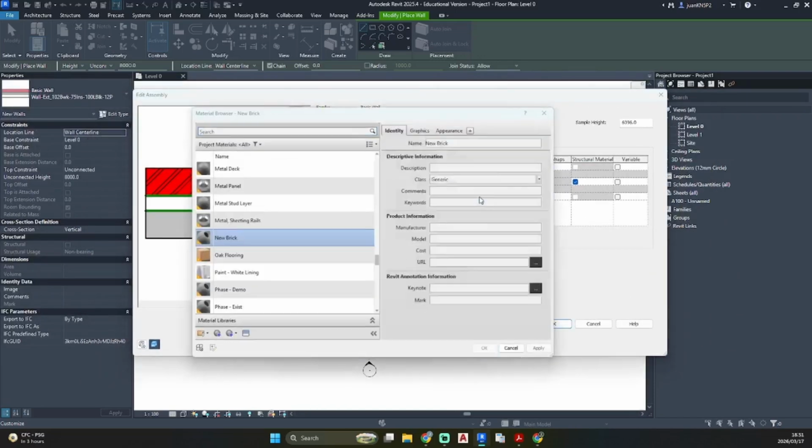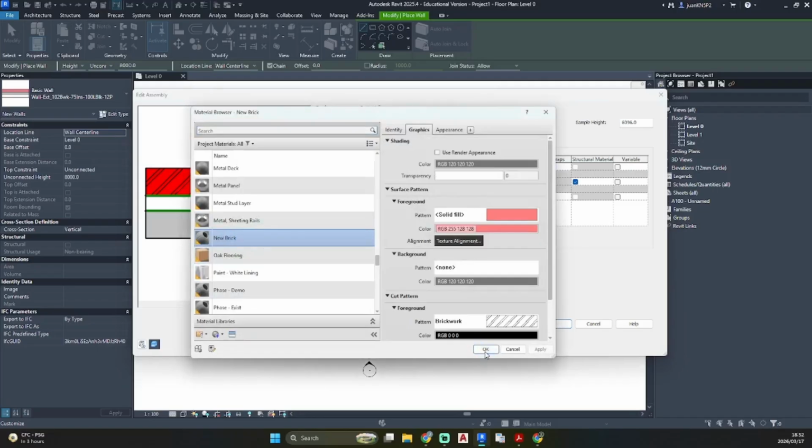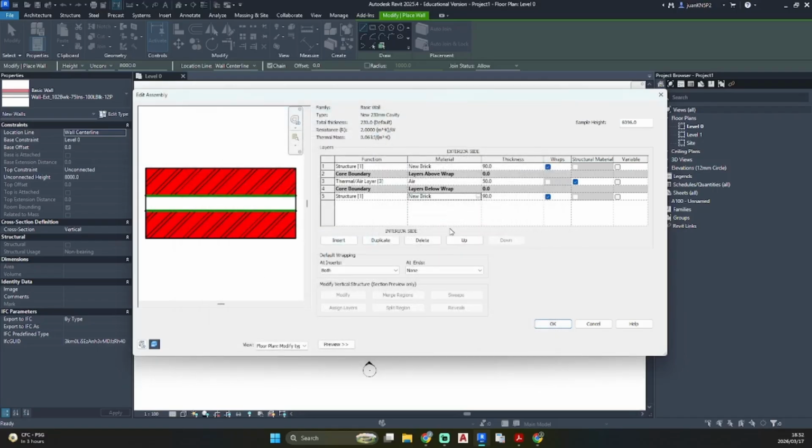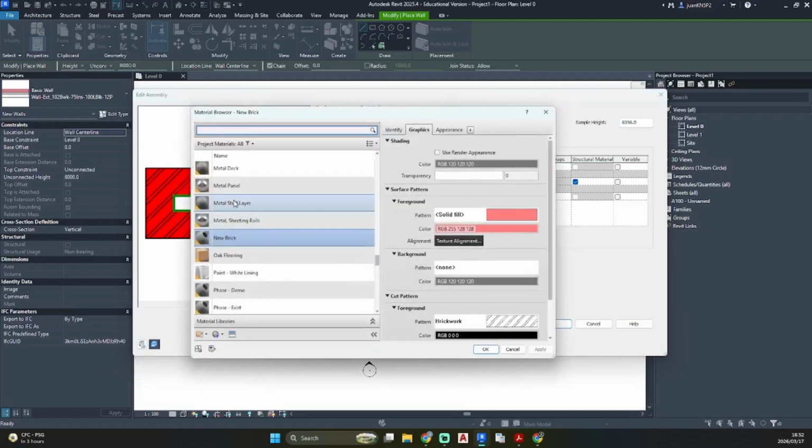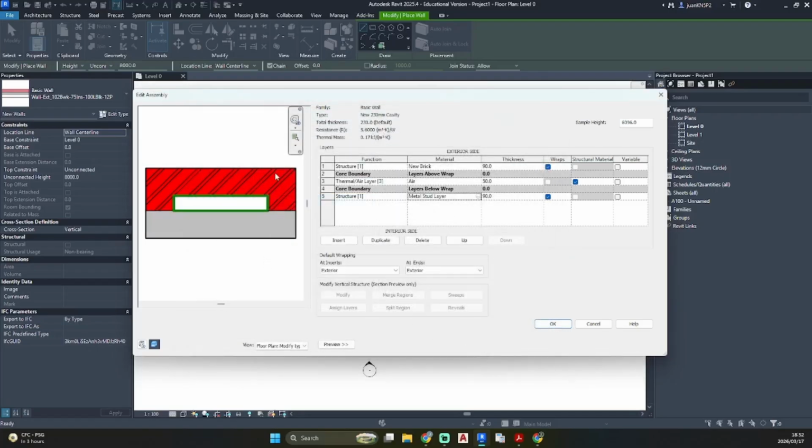Now I just need to add this new brick to my other layer. This being on the exterior side, if you go by wrapping, let's go exterior, and at ends, let's go exterior again, so that it connects from the external side. To show an indication, if we just change the material real quick, you can see the external wall wraps around.